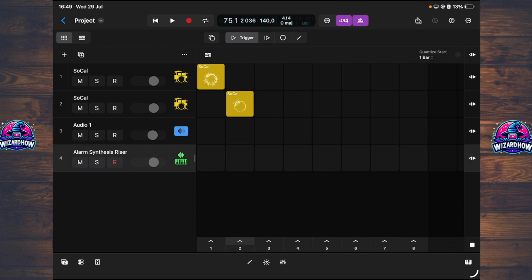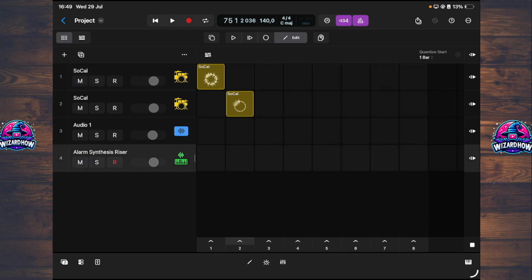So in this video I'm going to show you how to open piano roll in Logic Pro. So let's get straight into it. Now first what we are going to do is select this option here on our timeline. Now firstly you will select the instrument on your timeline, then simply